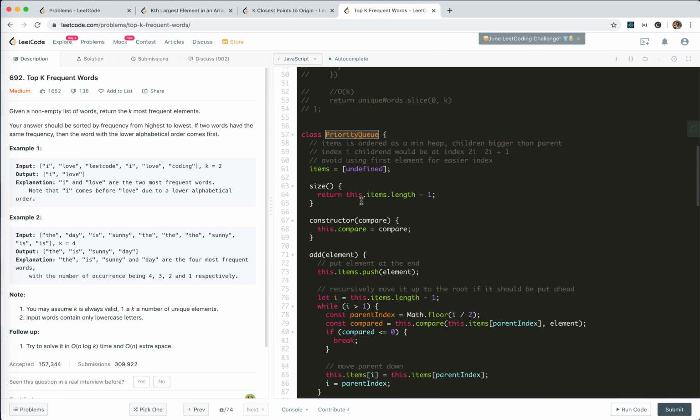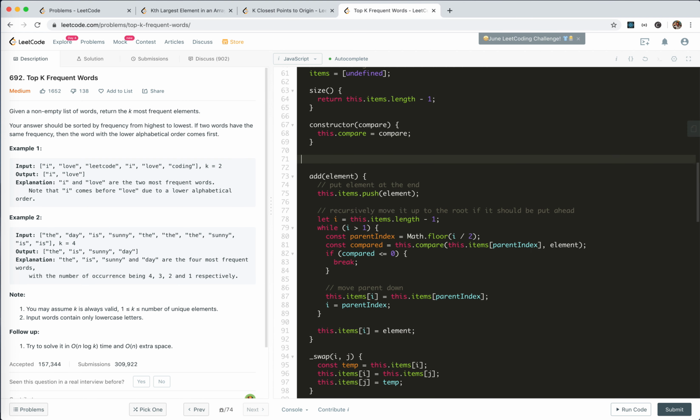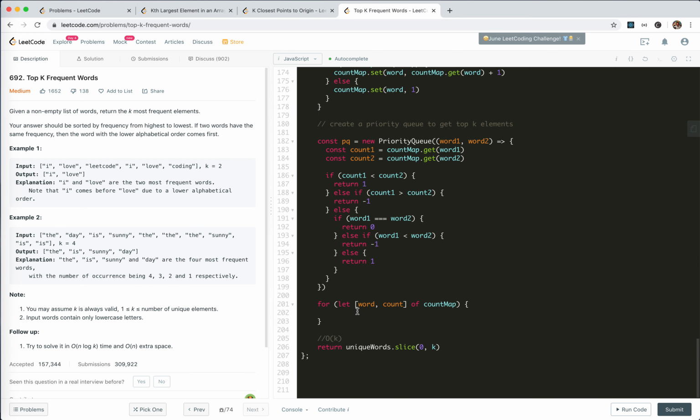So I'll create a method called peek, return this.items[1]. Const smallest root equals peek. This is the smallest word, right, with the least